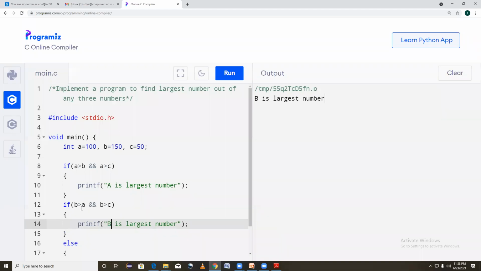So B is greater than A, and when B is greater than C, that means B is greater among A and C. So it will print my value B is greater.